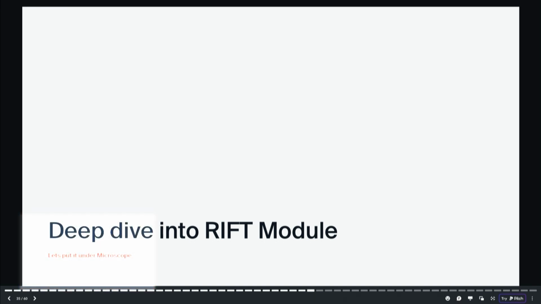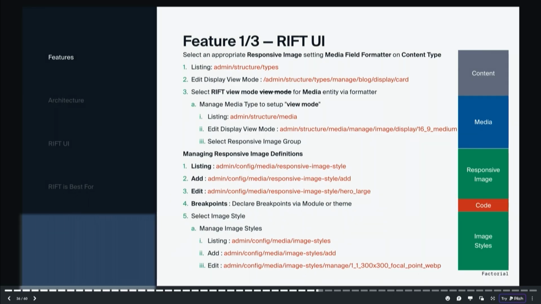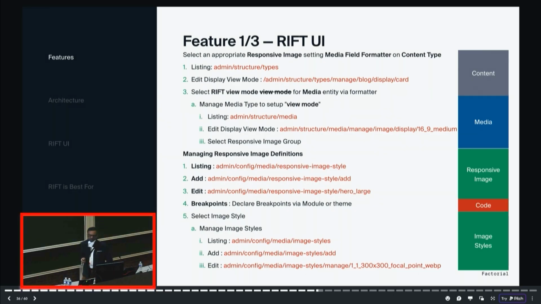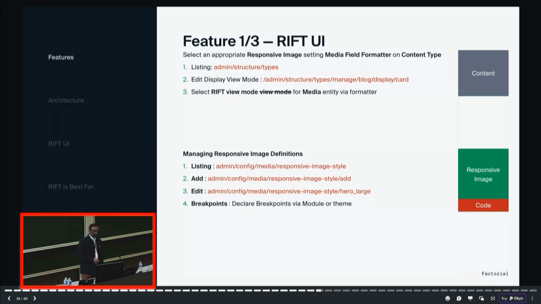So let's deep dive into the Rift module. This is the screen I showed earlier, of what you need to do to configure core responsive images. And this is what Rift does. It removes all of that: you don't have to generate a single image style, no matter how many responsive groups you define. You don't have to configure the image media entity, because the Rift module allows you to select the responsive group right in the field formatter for the media. So basically, you have to select the right formatter on the teaser of a content, and then